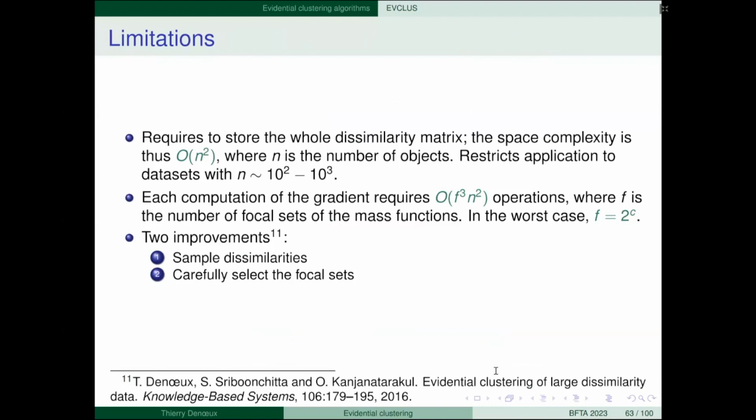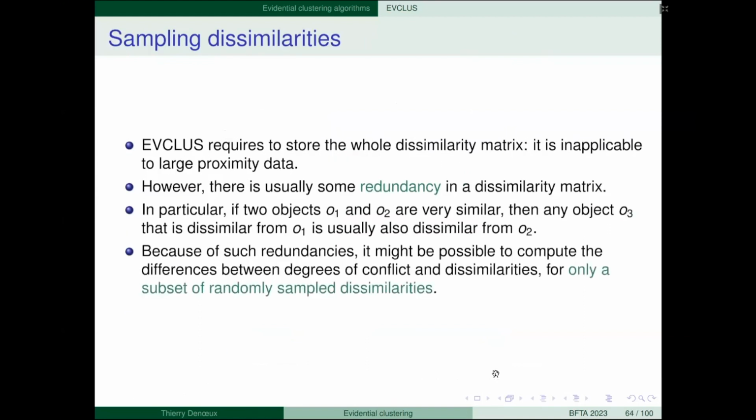It's like in the graphical models: if you want to extend the mass function, the joint on the whole space, of course you cannot do it, but you need to be smart and try to find clever ways, either to do the calculation in a smart way, as you do with the BBS, or to do some suitable approximations, or to try to find some simpler models. So here there are 2 improvements. We don't need to consider all the dissimilarities. This is a key point. And another improvement is to carefully select the focal sets. So I will show you this.